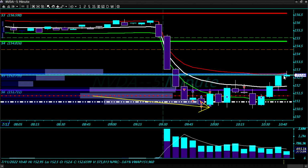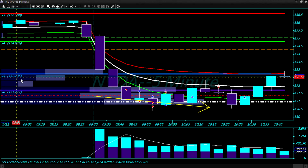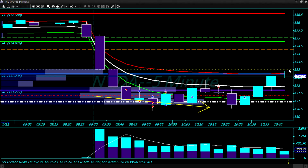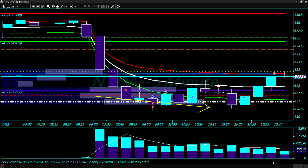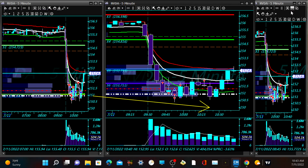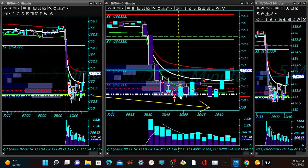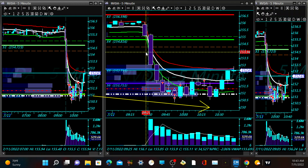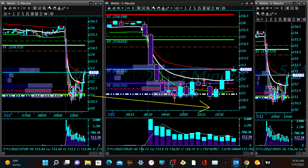Now we're getting a little wick rejection here at upper VWAP at S5, 152.73. So maybe it might pull back down right now and kind of consolidate around this level. But yeah, that's my trade so far today on Nvda, and it's a break-even day. So good risk management, didn't let things pull back on me too much. And the only thing I would say is that I should have probably taken this breakdown where it's rejecting this